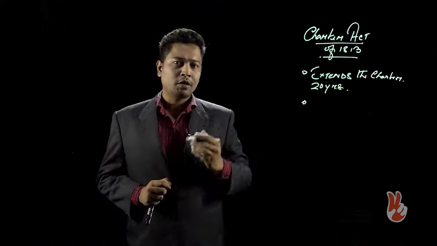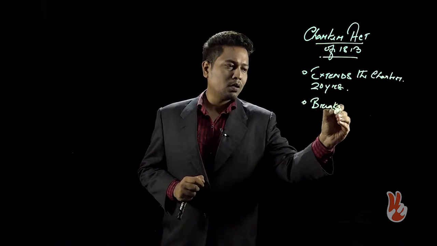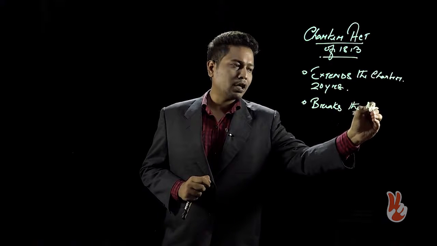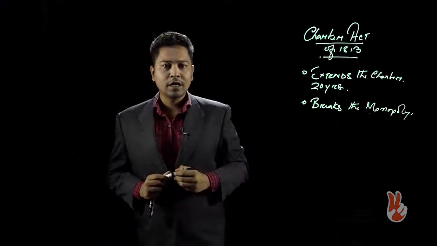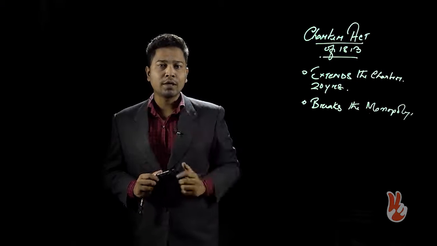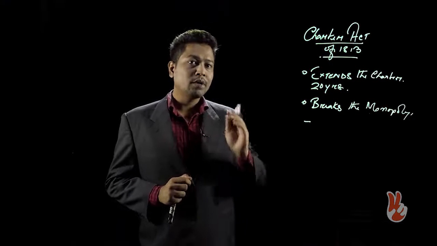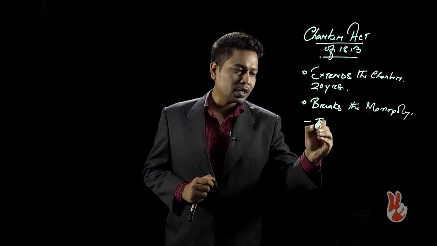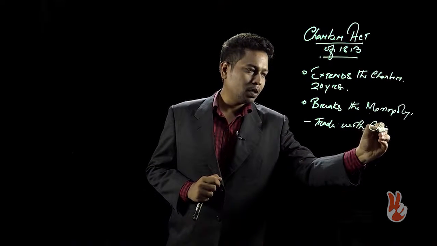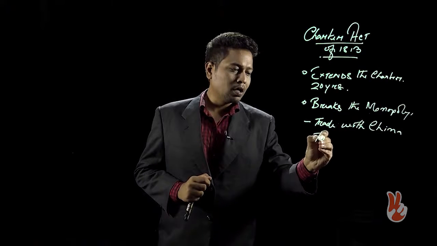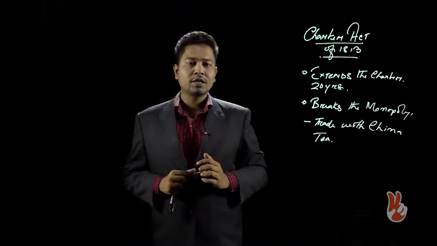Secondly, as I told you, it breaks the monopoly of the East India Company. Therefore, free trade is established in India, but monopolies of the East India Company still remain. Okay, the monopoly of the East India Company still remains in matters relating to trade with China and also the trade in tea. So, the trade in tea and the trade with China are still monopolized by the East India Company, and they